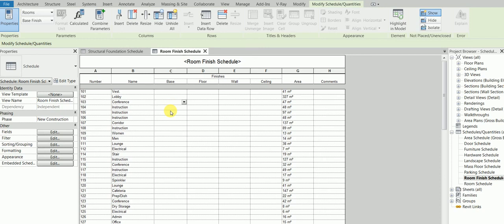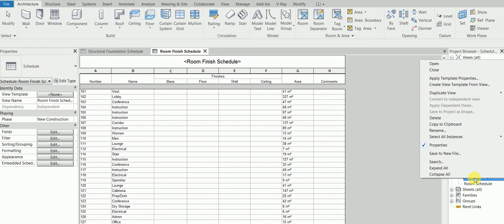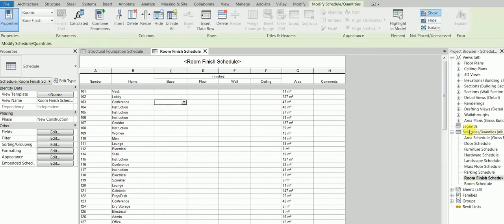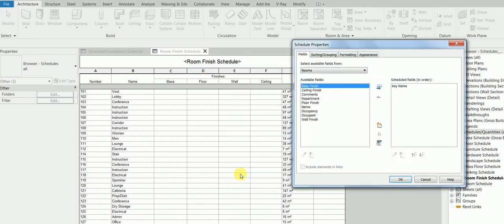Again, I want to create one more column. So create fields. Okay, listen. Right click, create, where is this? Room schedule here. Okay, new schedule. I need to create a room schedule. Go to rooms. Click key. Click room style 1. Any comments? Type. Now what I need to do is